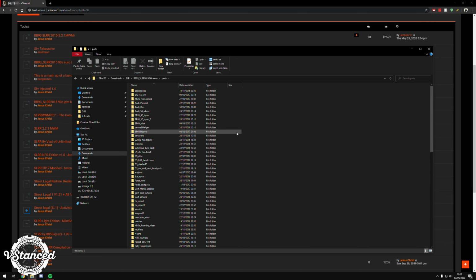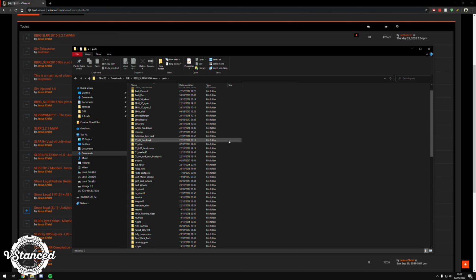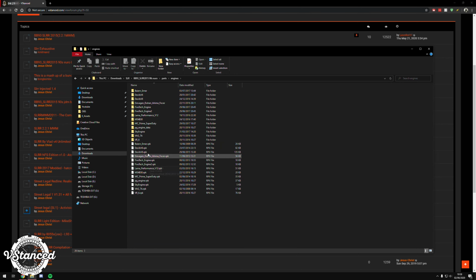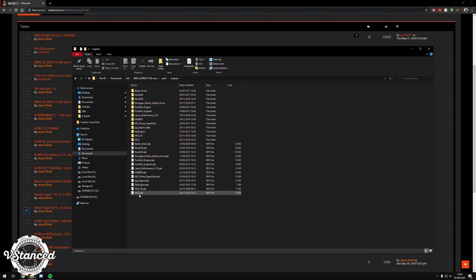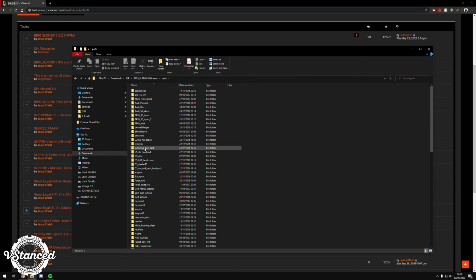Inside here you'll be putting all your wheels, all your tires and so on. But certain things like engines go in their own subdirectory called engines. So inside here you will be deploying the engine, including the directory itself and the .rpk file. So that's how you install the engines in the engine subdirectory, and you install other parts in the parts directory,